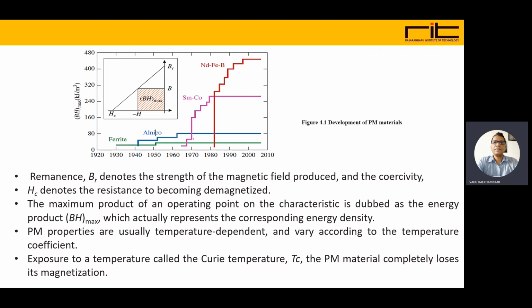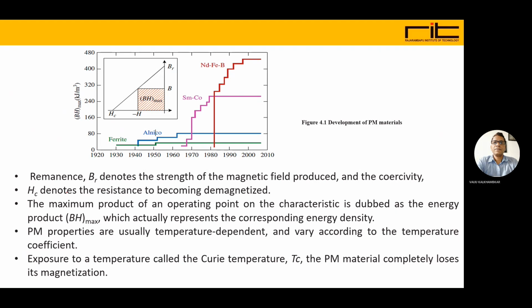But you see the samarium cobalt has gradually increased BH value, that is in kilojoules per meter cube, and NdFeB, which was invented later, is at the highest